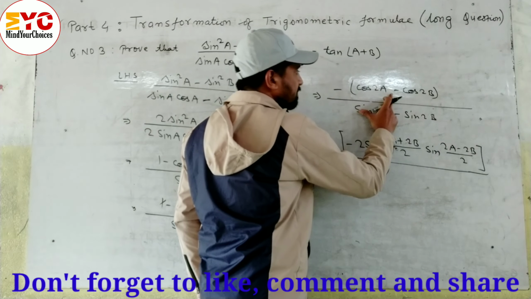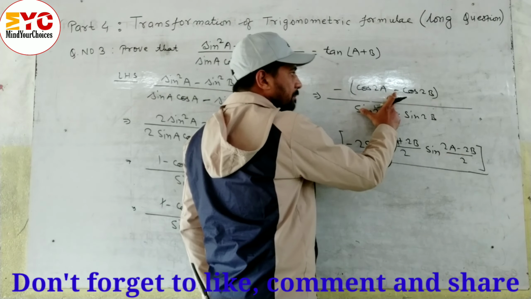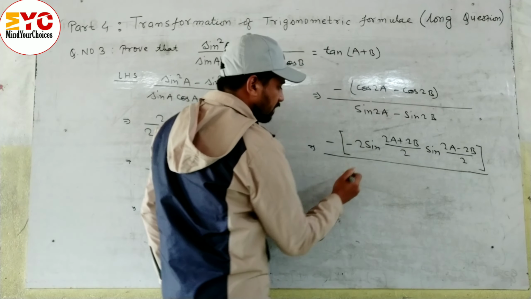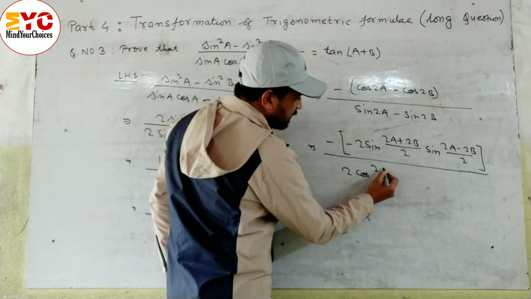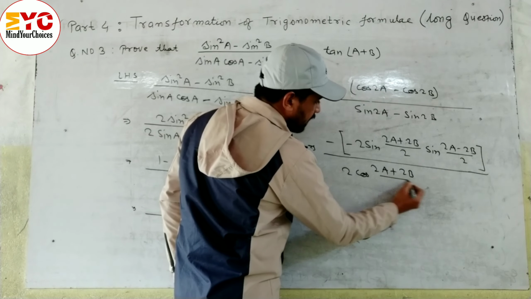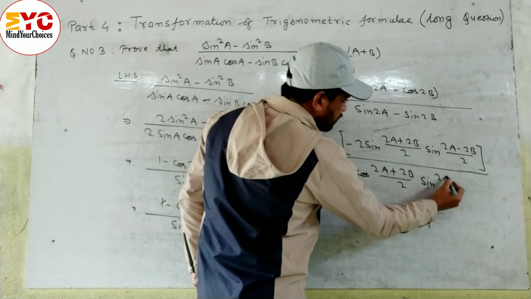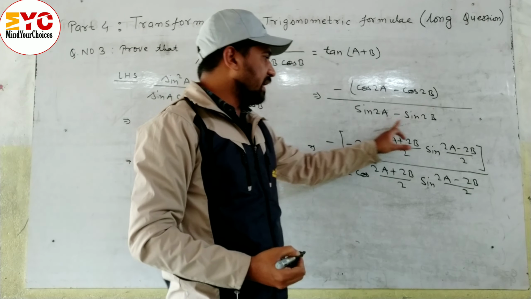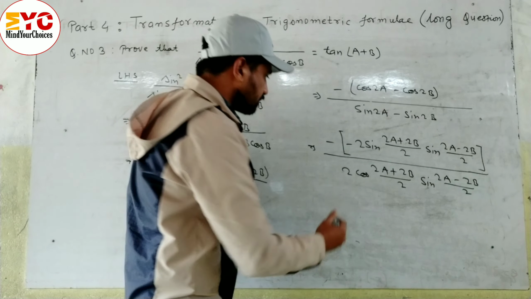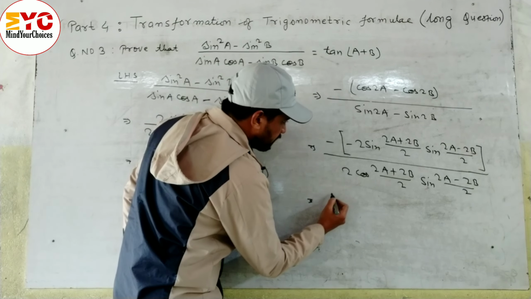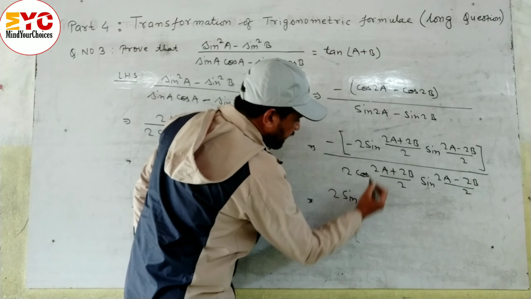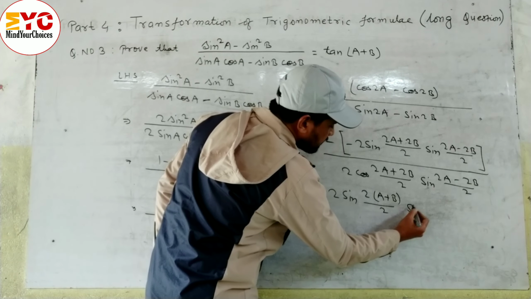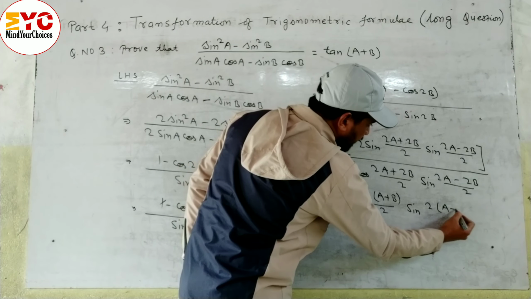When minus, cos C − cos D is both in the form of sine. When plus, then both in the form of cos. Now the formula of sin C − sin D is 2 cos((C + D)/2) sin((C − D)/2), that is 2 cos((2a + 2b)/2) sin((2a − 2b)/2). So in place of C here is 2a, and in place of D here is 2b. Now minus minus plus, so we can write 2 sin. When you take 2 common, what is remaining here is (a + b)/2. Similarly sin, when you take 2 common, the remaining is (a − b)/2.